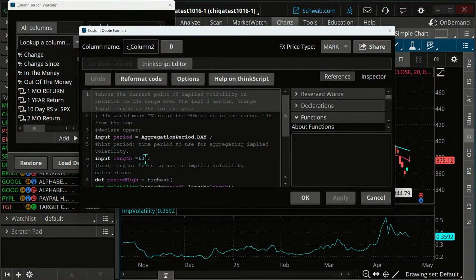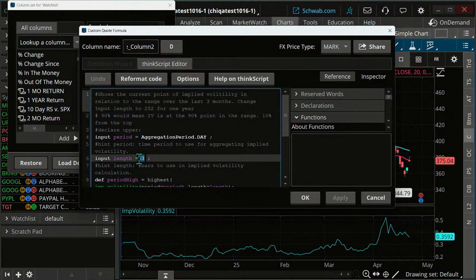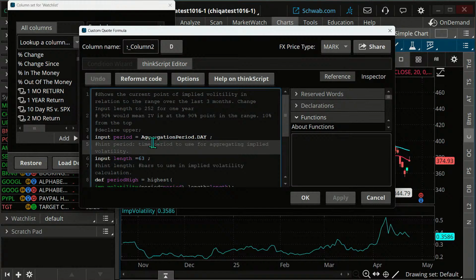This is looking at 3 months, okay? So that is 63 days. If I wanted to adjust this to a year, I can do that. You would just change this number right here, basically 21 days in a trading month. Okay, so 63 days, that's 3 months. 252 days is the approximate time for a trading year if you want to make this a year. You could do that. Okay? All right, and then you can rename it and you could save it. I'm not going to change that right now because I just want to go back over the last 3 months.